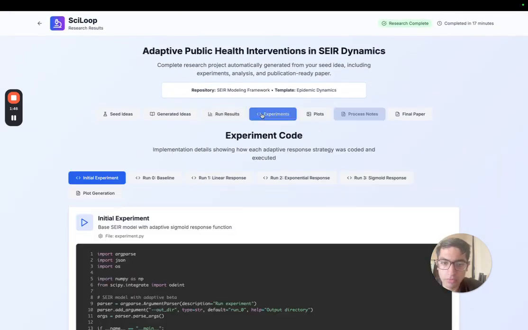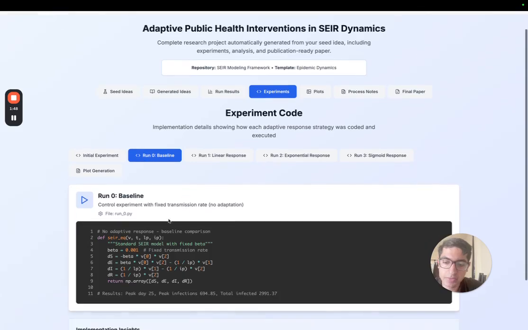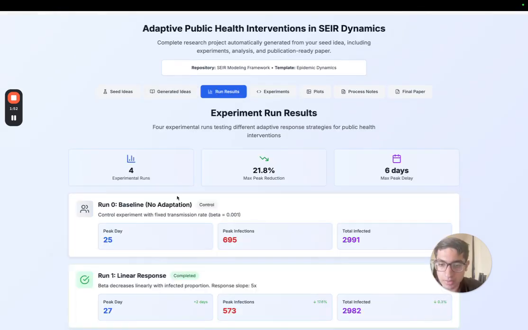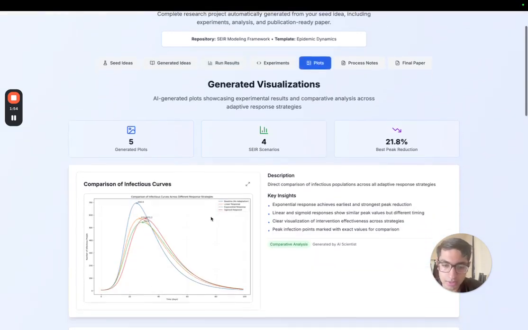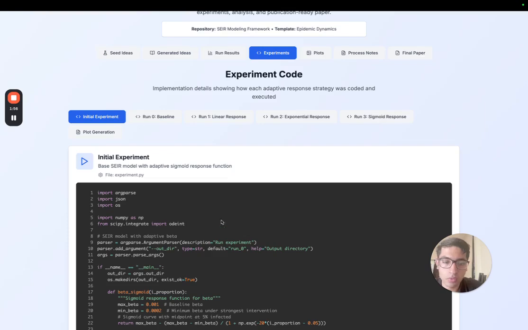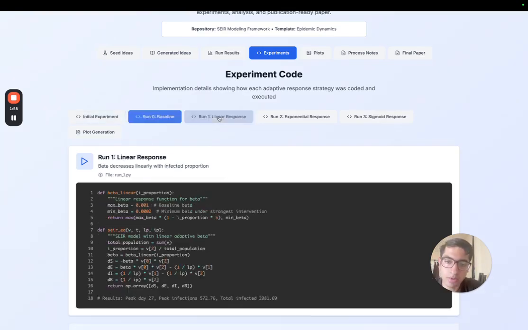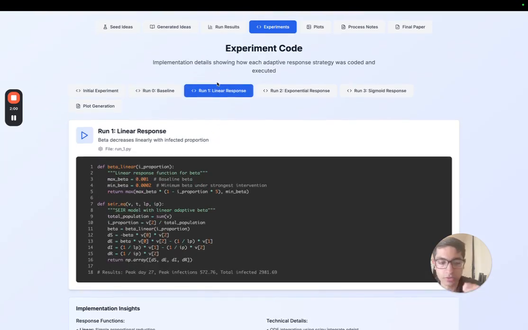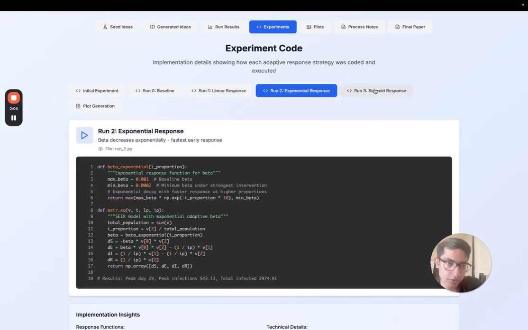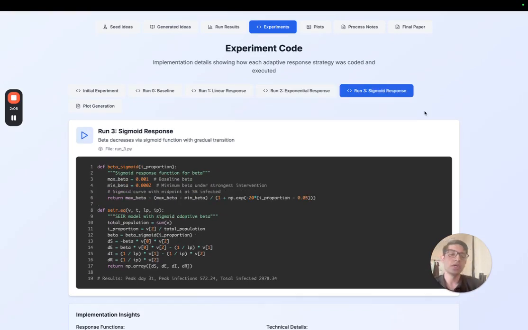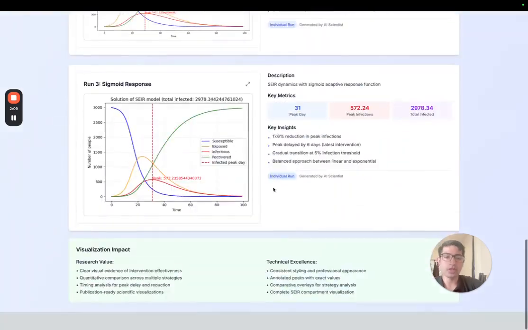So initially, for the baseline experiment, we had this code that we gave it. It ran that, gathered some baseline results and a baseline plot, and then it saw what did not work, and came up with the first run, which was the first iteration. Similarly it gathered results again, and did the second iteration, and then the third iteration, and finally it had access to all these